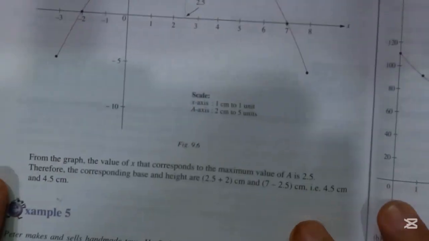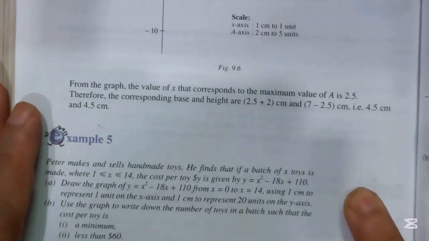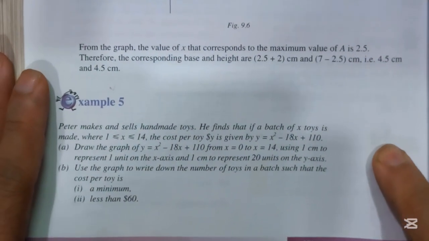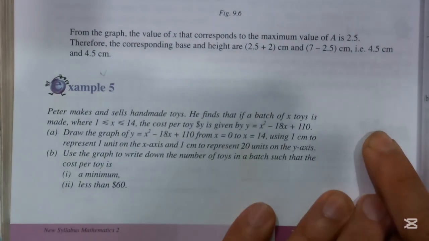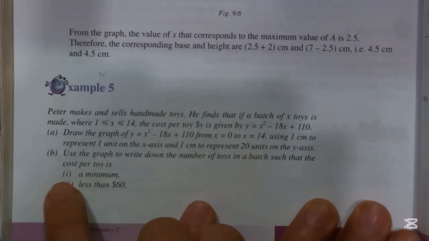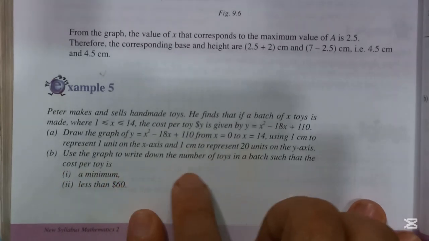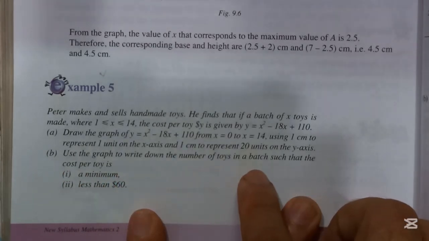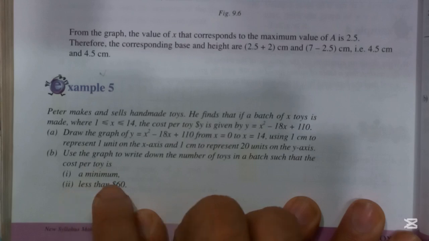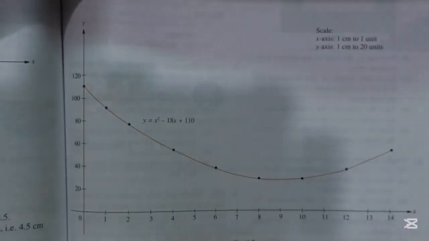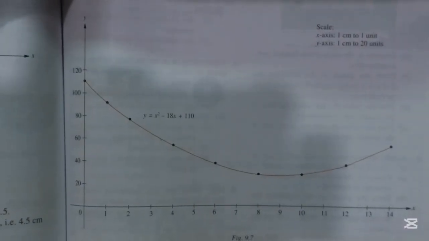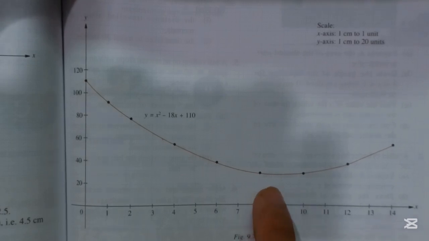Now the things which we have to do are even more interesting and new. So look now, part B. Use the graph to write down the number of toys in a batch such that the cost per toy is a minimum and less than $60. So minimum and less than $60. Look again, here is the graph. So the minimum